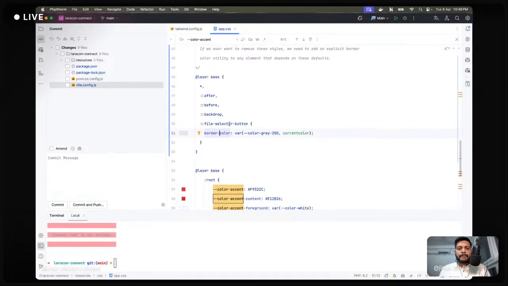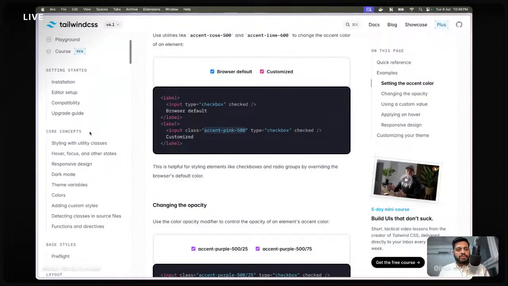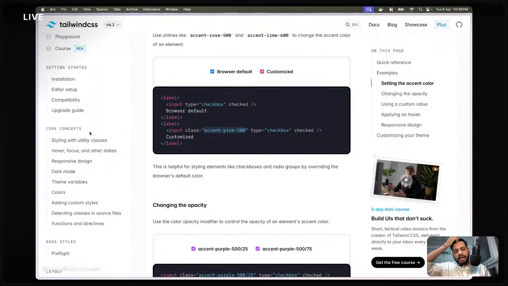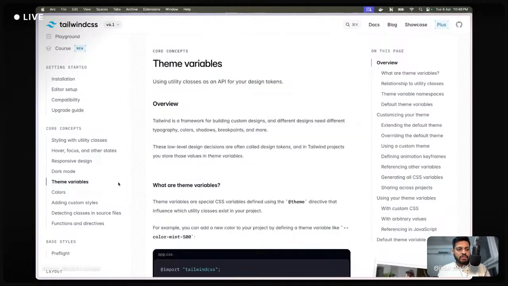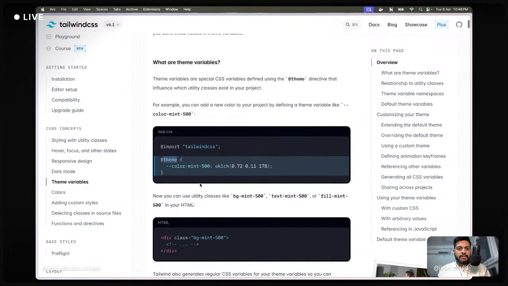Hmm. Let's go through the docs. As Punyapal suggested, we need to forget the upgrade guide and simply understand the core concepts, theme variables. Theme variables are special CSS variables defined using theme. Okay. For example, you can add a new color to your project by defining a theme variable like, okay,